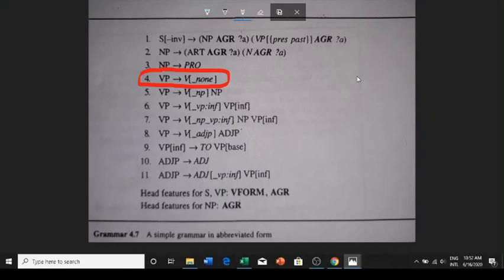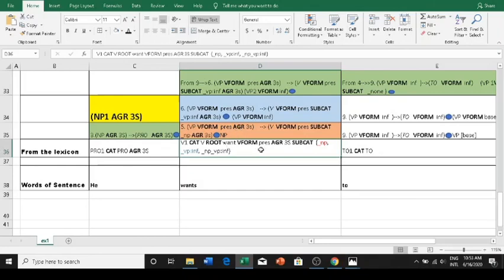Before proceeding, we will see what the mother and head constituent are. VP is the mother and the head constituent is the verb, and we will see what they share. They share these features, right? V form and AGR. None of them are written here, so we should remember that V form and AGR should be instantiated from the lexicon entry that we got for once. If you see here, we have V form and AGR values for once, right? We are going to instantiate them on the right side of the production. V form is written as present tense, then the AGR value is written as 3s.